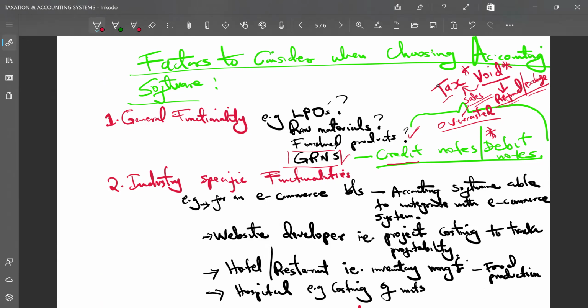And if you want to make a choice to engage or maybe get on board an accounting system, these are critical things you have to look at, my friends. You cannot assume. If you're already running a system, these are critical questions that you need to ask yourself. Test your system and see, how does it handle all this? When an order is rejected, when you've rejected some supplies which you already received in your system, when you receive an invoice, and when your sales are overstated, your sales are in excess, and you are looking at your sales at the end of the month.